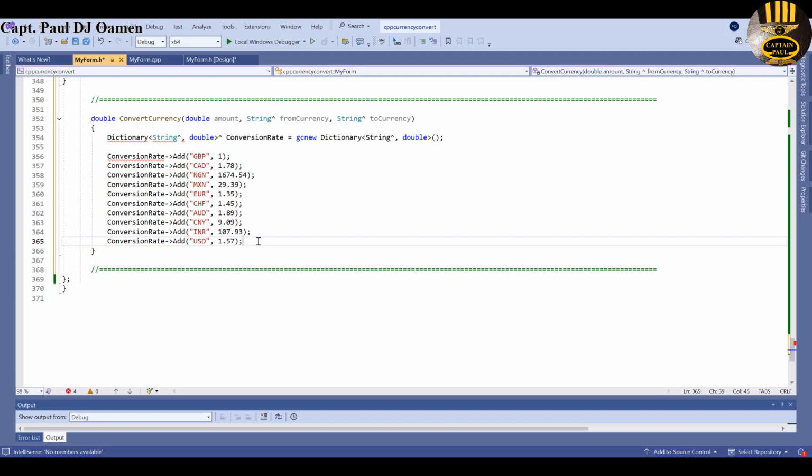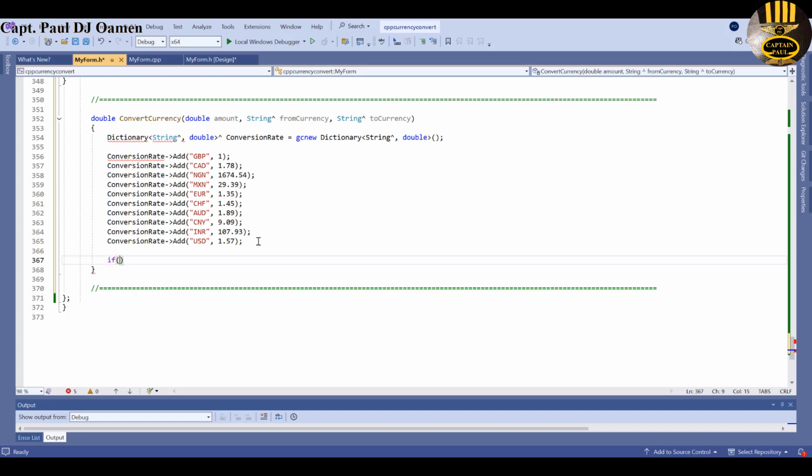Now, the next thing is I'm going to use an if statement to check what I am converting from and to. So I will say if not conversion rate, if not conversion rate dot contain key. Okay, and what am I talking about? I'm talking about if it does not contain whatever we have in here from, or